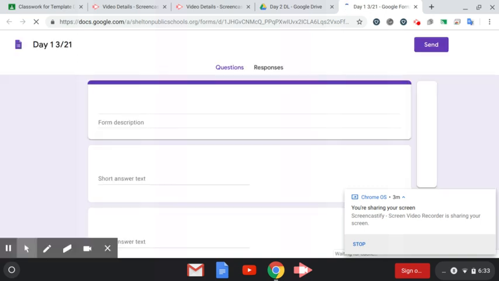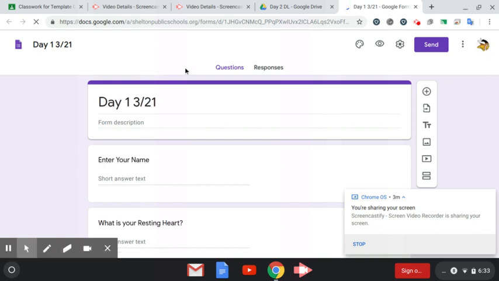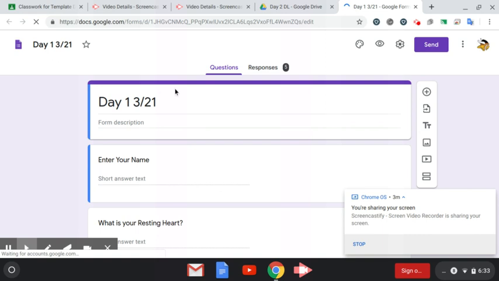When I click on that, it's going to open up the form. Again, this is for grading the assignment. So you would go to Forms, you would click on the day the assignment was for, day 1 or day 2 or day 3, and then you would click on the form itself. That would then bring you to this page that looks similar to what I showed you before, the student view, except it gives you this tab here. This is the important tab that we need. So you click on responses,